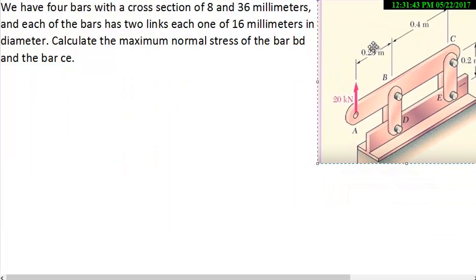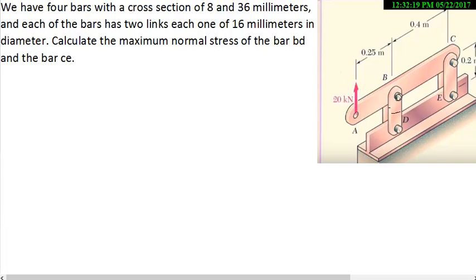We have 4 bars with a cross section of 36 millimeters by 8 millimeters, and each of the bars has 2 links with a 16 millimeter diameter. Now we need to calculate the maximum normal stress of the bar BD and the bar CE. But first, it's important to know that when we apply the 20 kilonewton force